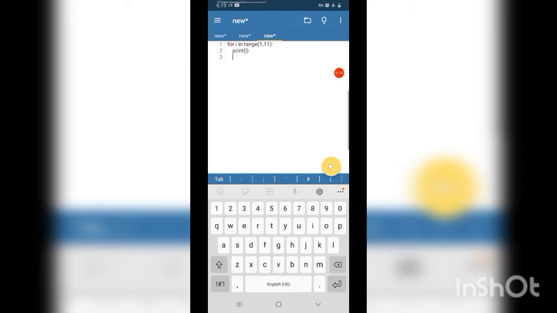So we can write S for square. S is equal to, I don't want to print I, S is equal to I star star 2 to find the square, and C, let it be for cube.